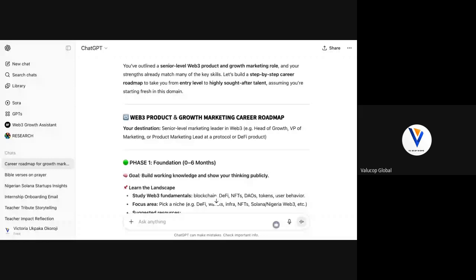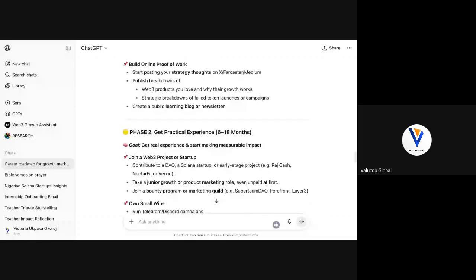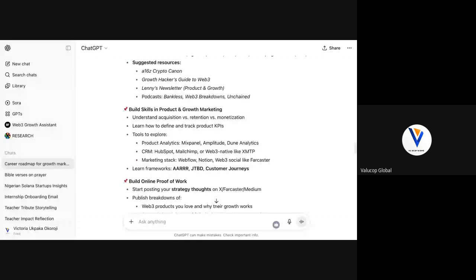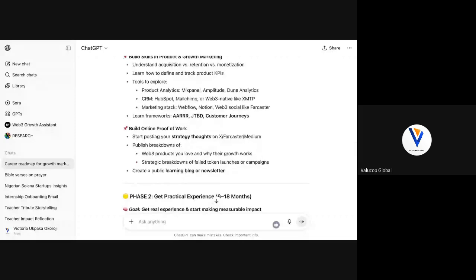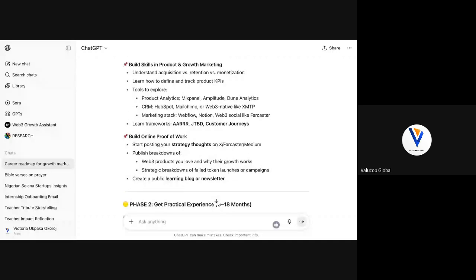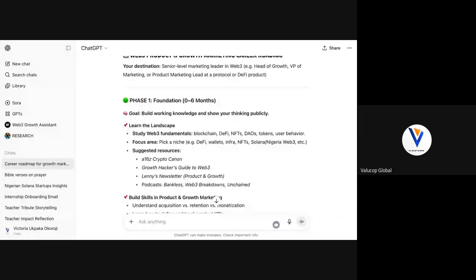So, just like the roadmap said, you start getting practical experience. From here, build online proof of work. Very important. As soon as you start building online proof of work, start publishing breakdowns of the products you love and why their growth works.